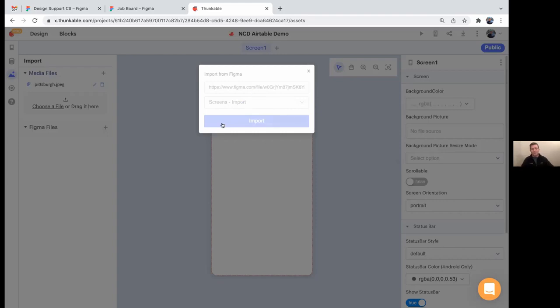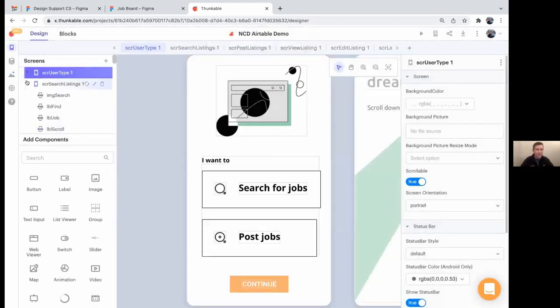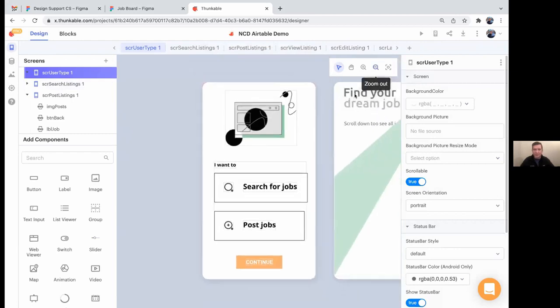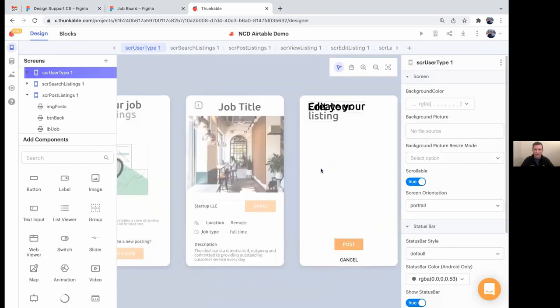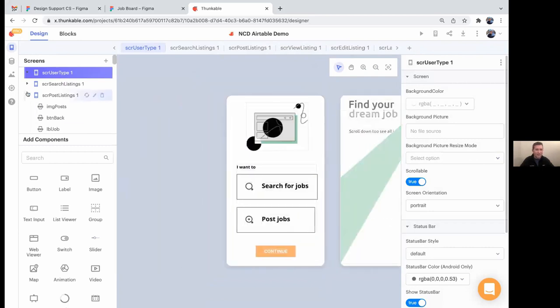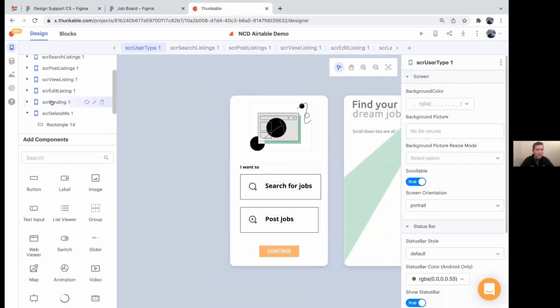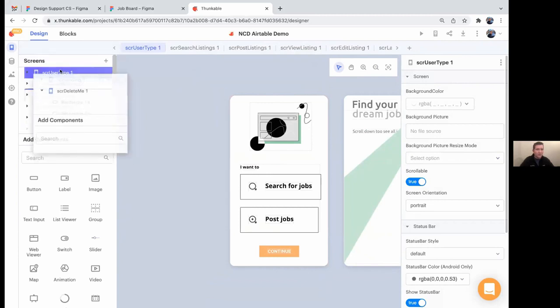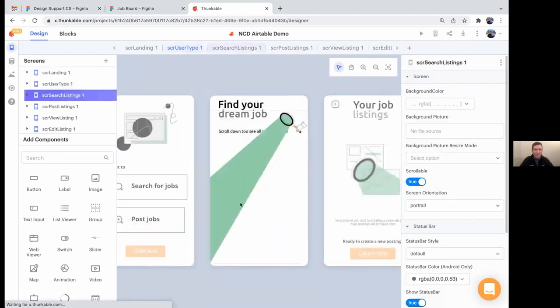Once it comes into the platform, you're able to use all of the drag and drop features and functionality that we have. So we can zoom out there. All of the screens that we had in Figma are now available, accessible, and editable directly here as a no code or low code app. Let me just reorder some of these screens. Let me put the landing page at the beginning. We want to do where we're searching or posting, and this is where we want to put in our